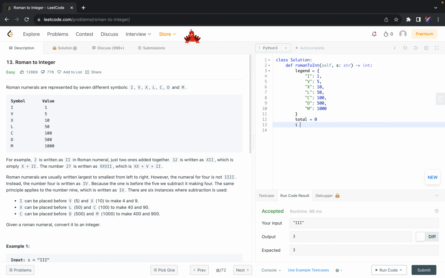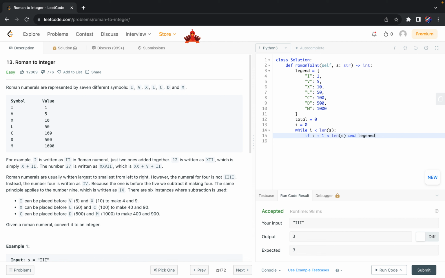And let's also use a while loop. So I is equal to 0. All right, let's do this a little bit differently this time. So while I is less than length of s, we're gonna say if. So in Python, right, it will error out when it tries to find the last one because we're gonna do I plus 1 and try to key into that. So I'm gonna take care of that right now. If I plus 1 is less than the length of s,